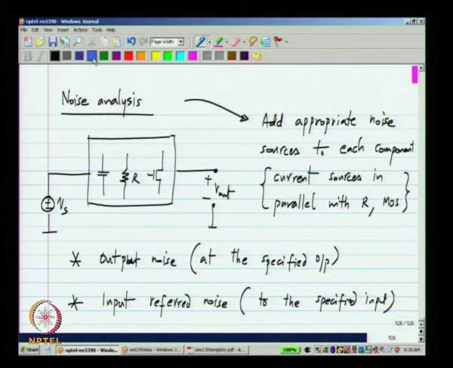So, you may have a number of inputs and outputs in the circuit. For each output you have to do the analysis separately. You should specify the output at which you want to compute the noise. You should also specify the input source referred to which you want to calculate the input referred noise. If you recall, the input referred noise is an equivalent noise that if you apply at the input of a noiseless equivalent circuit, you will get the same output noise.